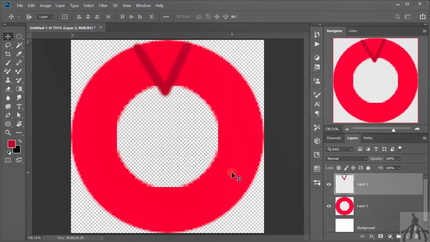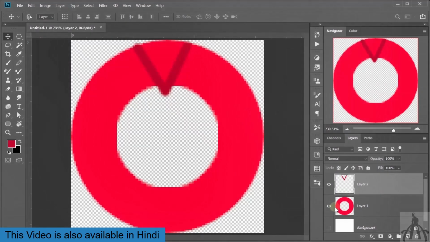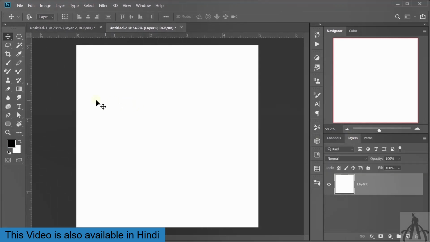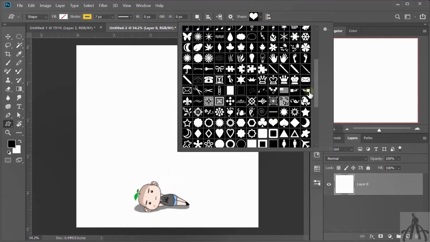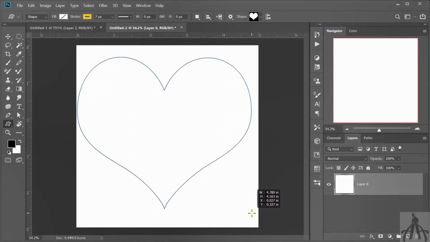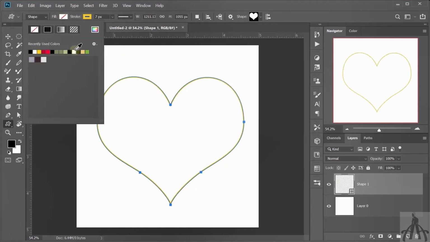After making it, we will open another document for us that will be the actual size of our embroidery. Mine is 5 by 5 inches. So I will create one document according to that. It's time to embroider our sequence. For this, I will use a heart shape that's available in the default shapes because I suck at drawing hearts by hand. I will keep our shape a little smaller than the file and will fill it with black. I will tell you later why I did that.